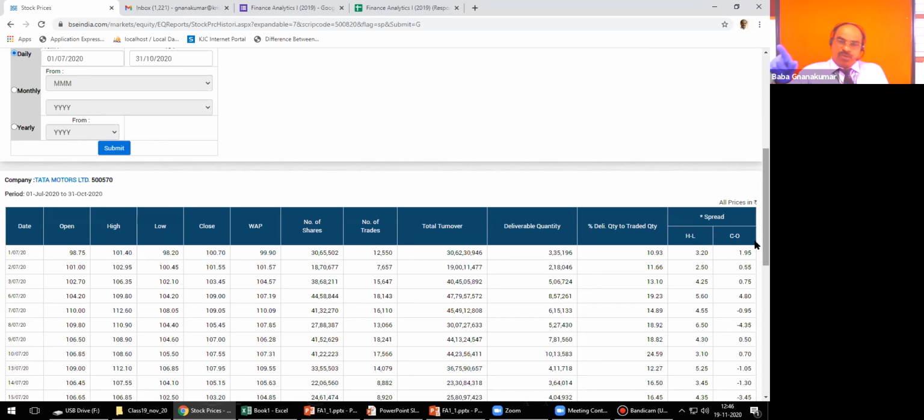That is C minus O, closing price minus opening price. H minus L means high price versus low price. This is applicable for our other students. In case of Gisman, it is H minus L only, because he wants to have a profit immediately. So Gisman will get 3.2 rupees immediately by selling on intraday. Okay, that is the meaning. So for our purpose, you must know all those things.